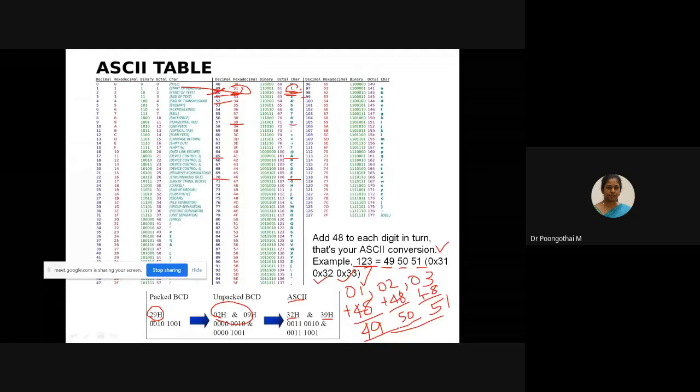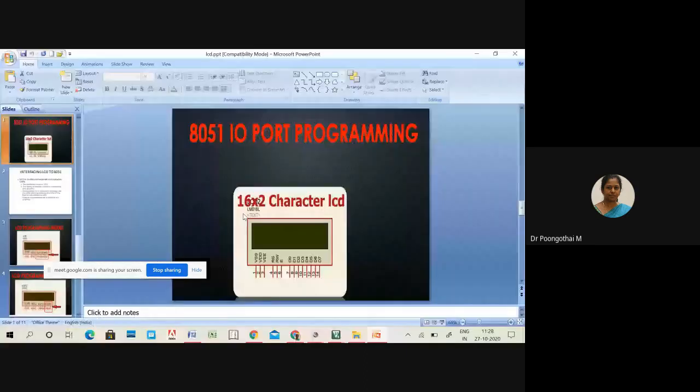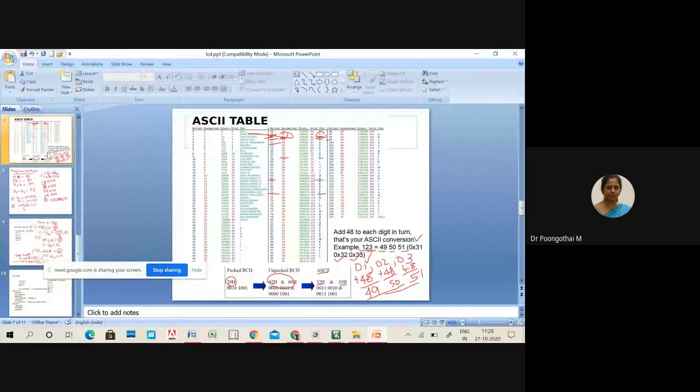At many instances, it is required to display a 3-digit number on the LCD. For that, we have to separate the numbers individually, and each number should be converted into ASCII. So the data port of the LCD is loaded with the number, and the character corresponding to it will be displayed. Can you understand the conversion process? You have to convert either hexadecimal or decimal data into ASCII. If the number is hexadecimal, you have to add 30 with that number, otherwise 48. So that is the concept.